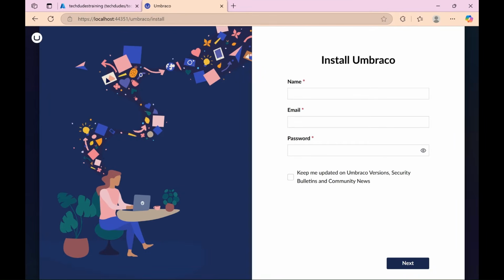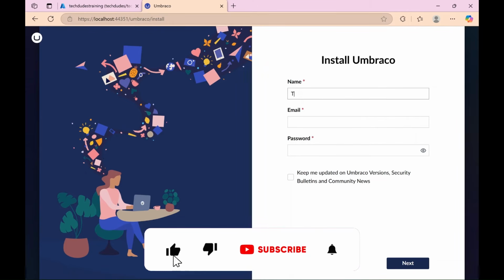With that step, our app is successfully up and running. Now here you need to provide some basic details which will be helpful to log in as admin later. So here I'm going to provide name as TechDudes,